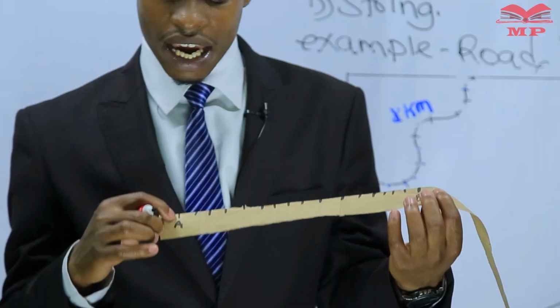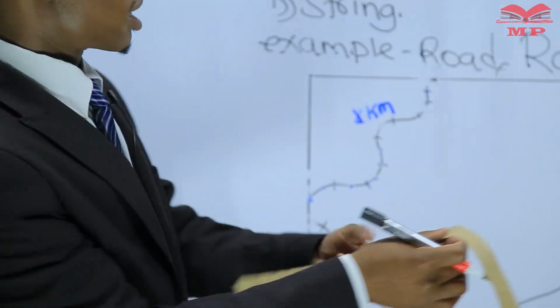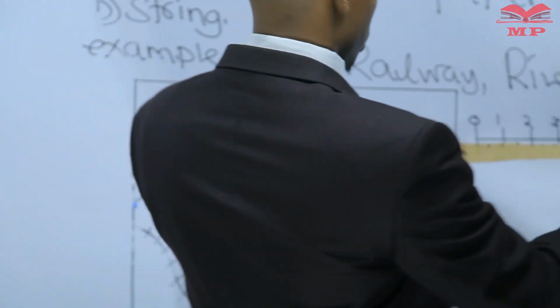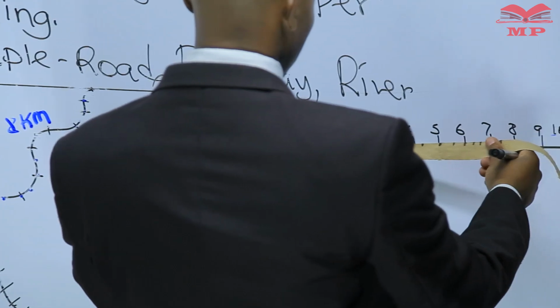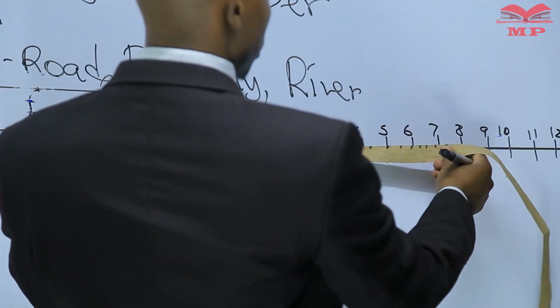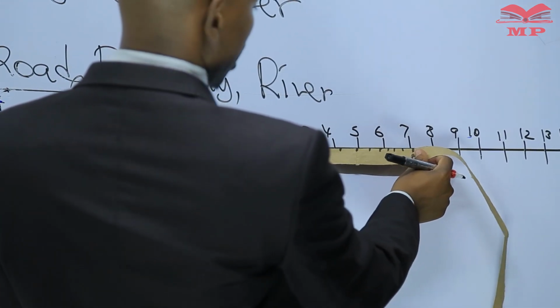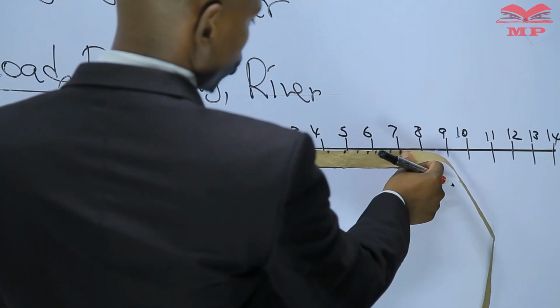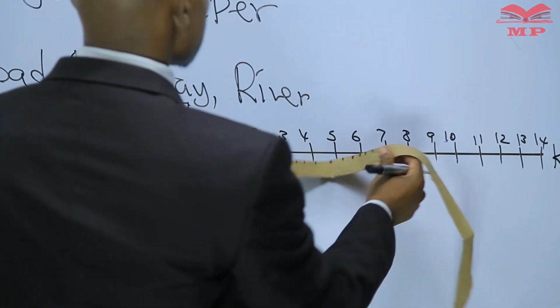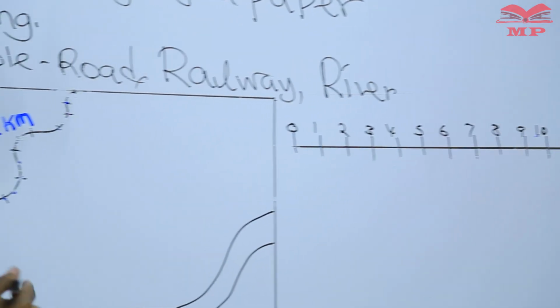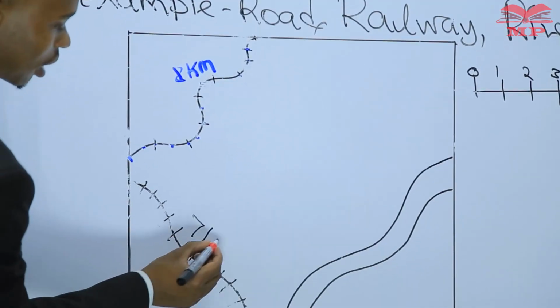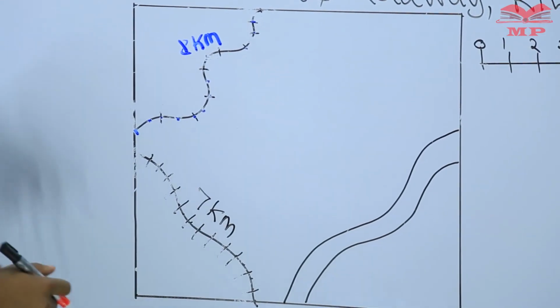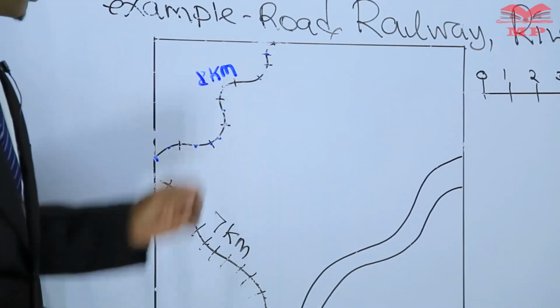Then you're marking A and B. Take them to the scale. That is, mark A corresponds to 0 marking on your scale, and this one goes to exactly 7 kilometers. 7 kilometers. We have measured our